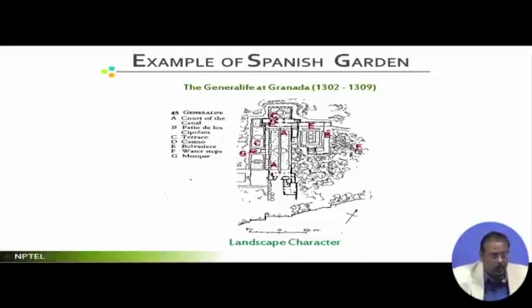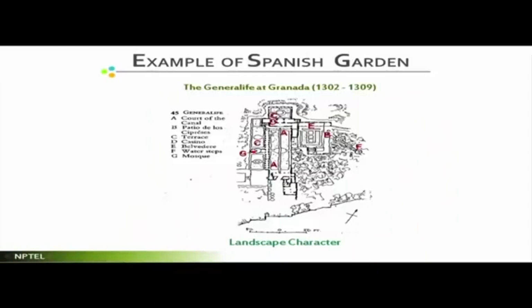Now, the frontal portion is for the rulers, and this is the portion which was essentially for ladies. By their social custom, the ladies used to be generally separated from the male members, the guests, outsiders and all that. So what they have done is they have created a male zone and they have created a female zone. I will come to this further.